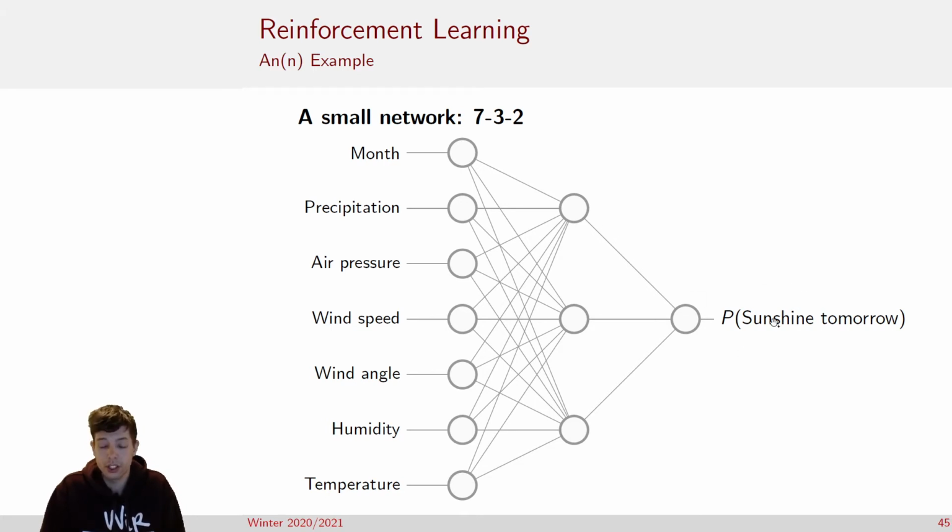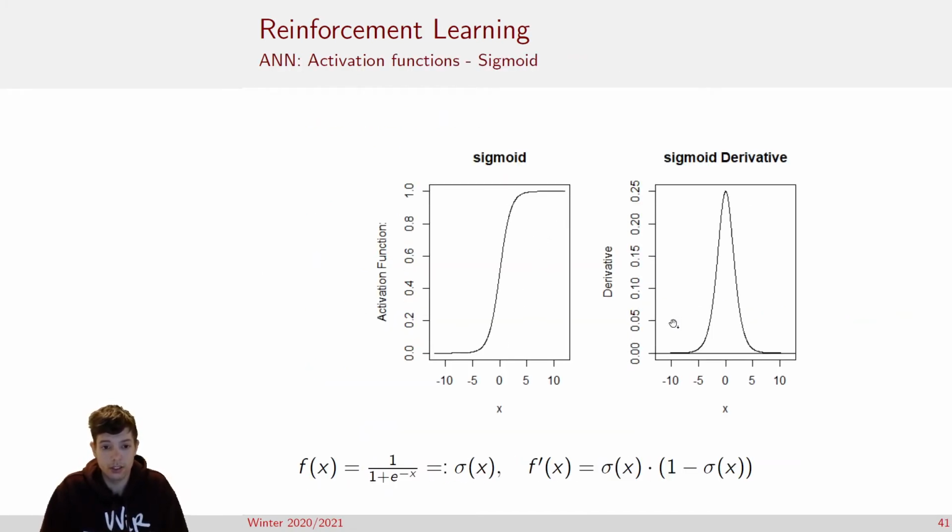And in this case, of course, it makes sense to use a sigmoid function, for example, as output function of the final layer because the sigmoid, as you can again see here, only ranges between 0 and 1. So this one would be a very good choice if you want to forecast the probability